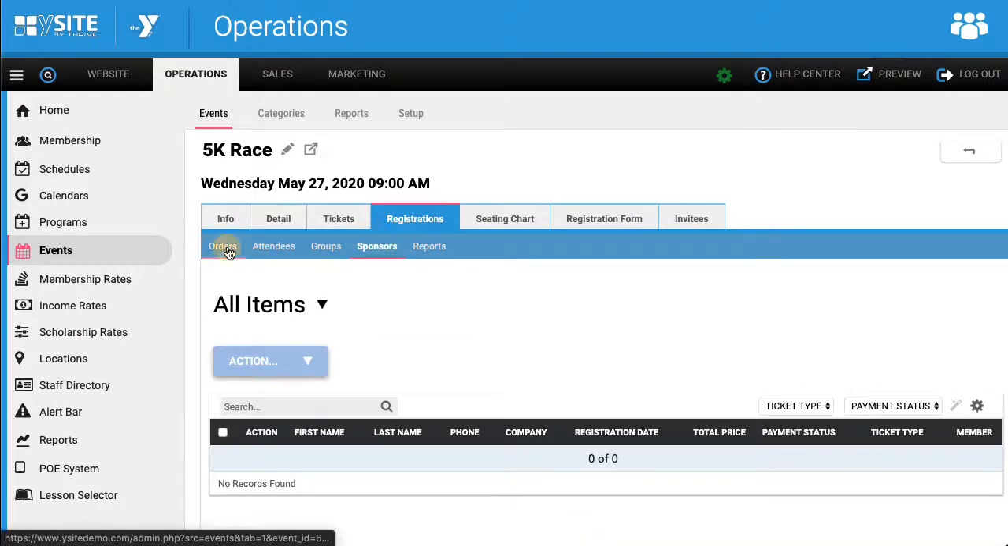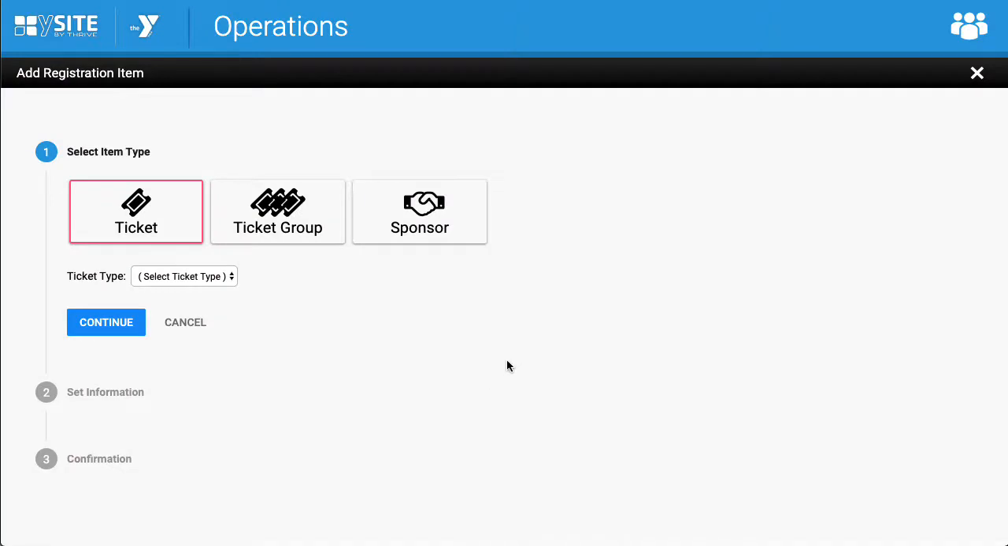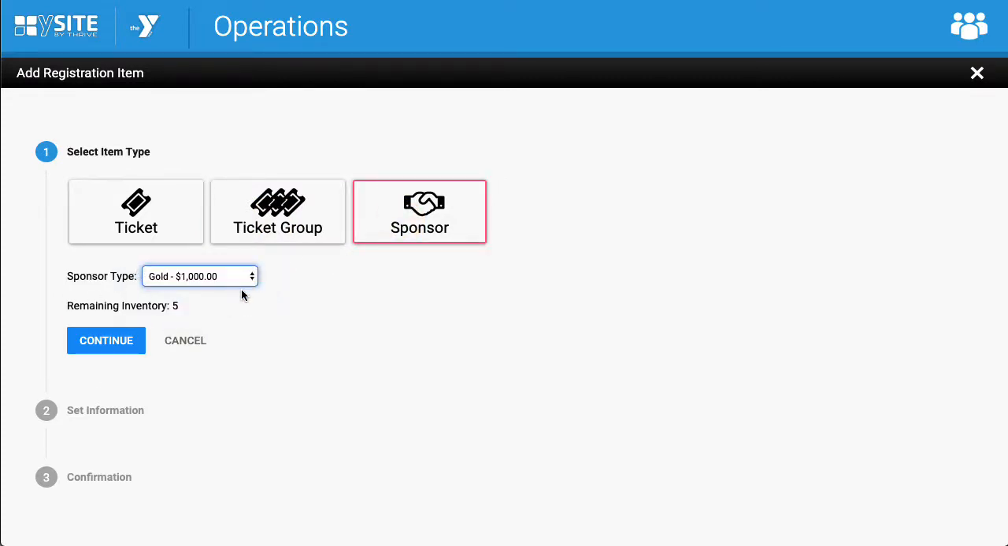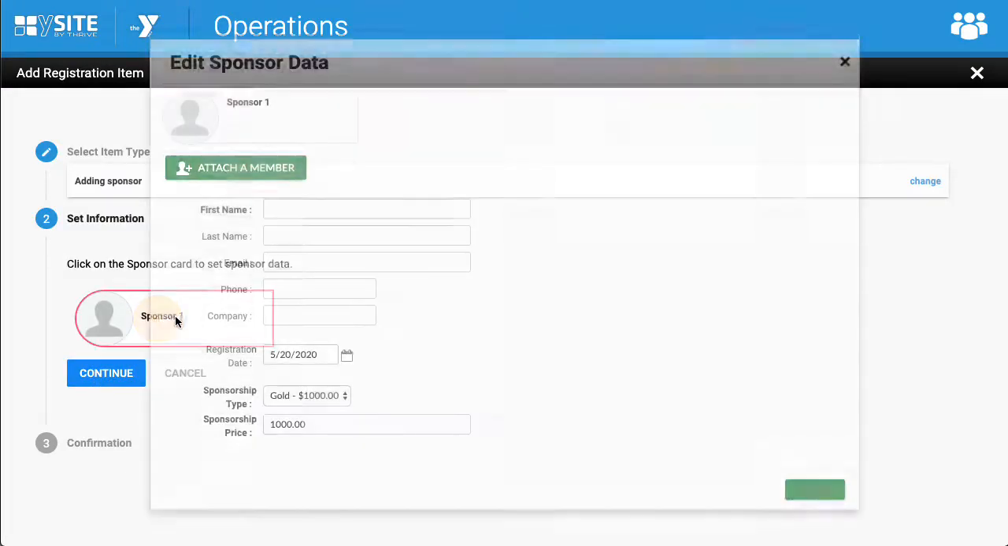Okay. Now, if you did want to actually create that sponsor and add that, you would just click add a registration under registration orders, because it's a new order, and then you can go through this add registration item wizard. So you can do the same thing you would do on the front end, on the back end, but it looks kind of different. So you can say tickets, you can choose your ticket options, ticket group, and you can see your ticket groups, the BOGO deal, and sponsors. There's your gold. So if you wanted to do that, you can say okay, continue,